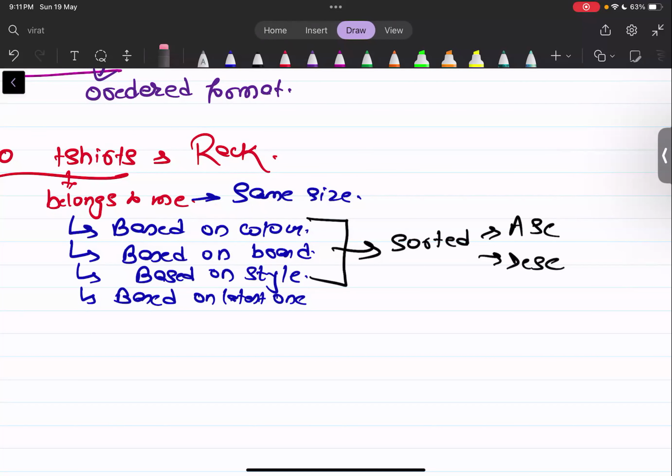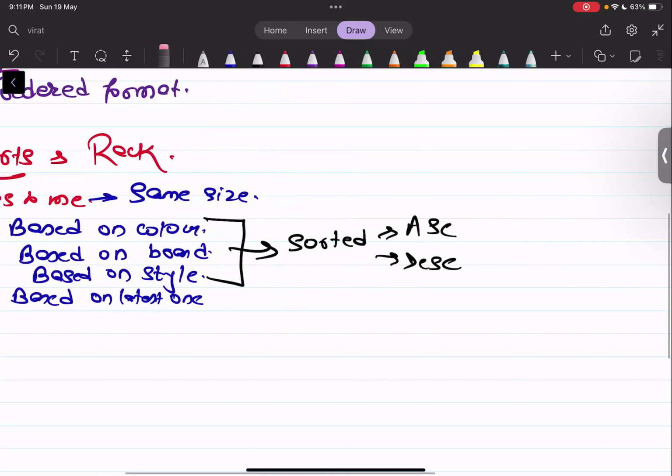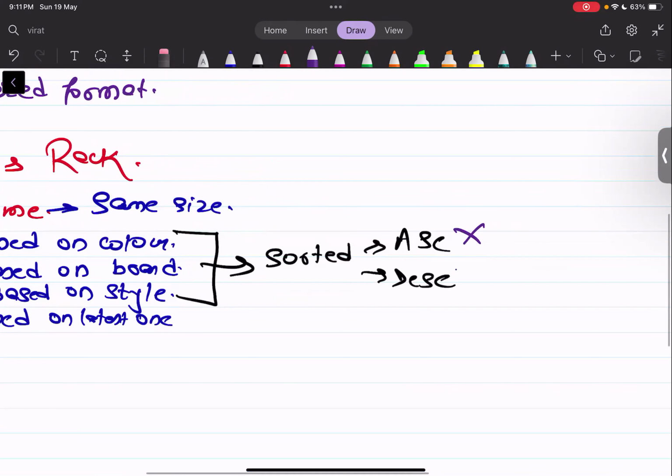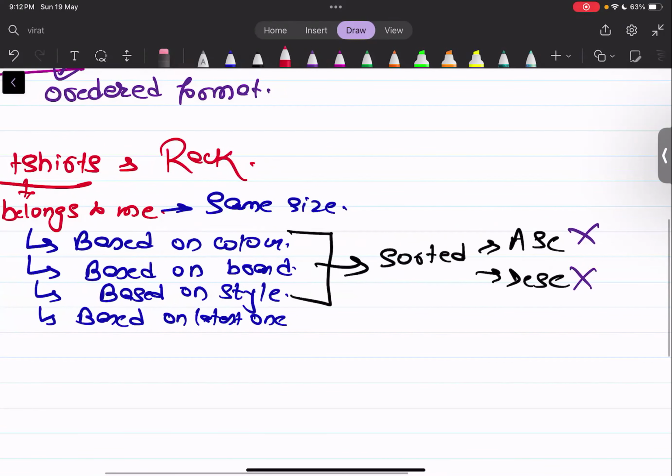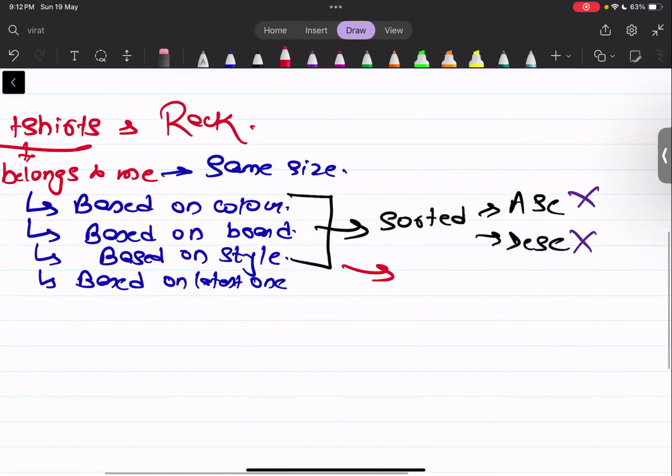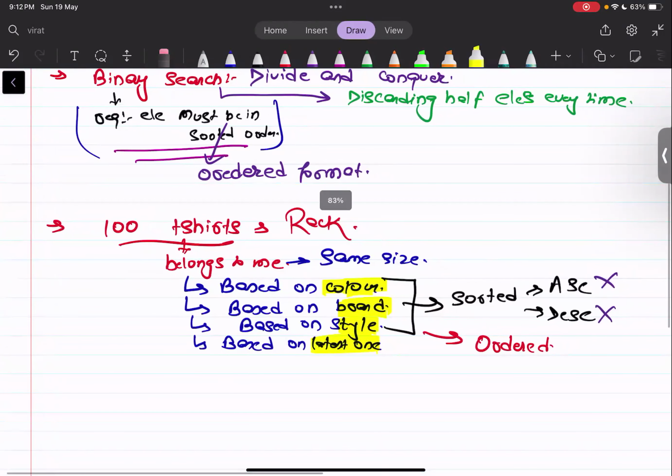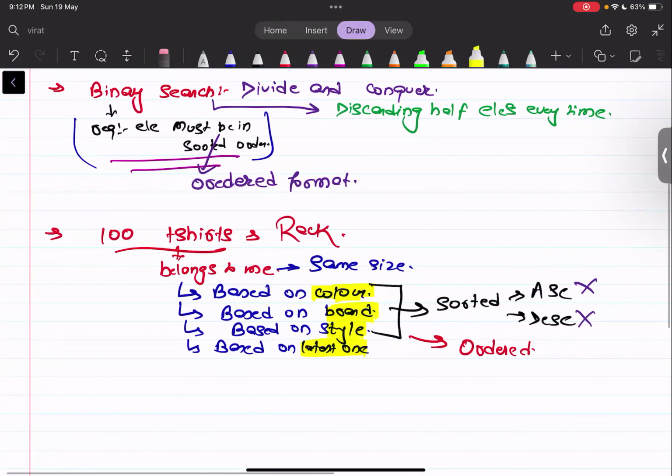So I cannot keep it random. I want to organize it in some way. So can I say that it's not always ascending or descending? In place of this, I will say it is ordered, and ordered in terms of color, brand, style, or latest one. So from this time, we will break this notion that binary search we will always apply on the sorted